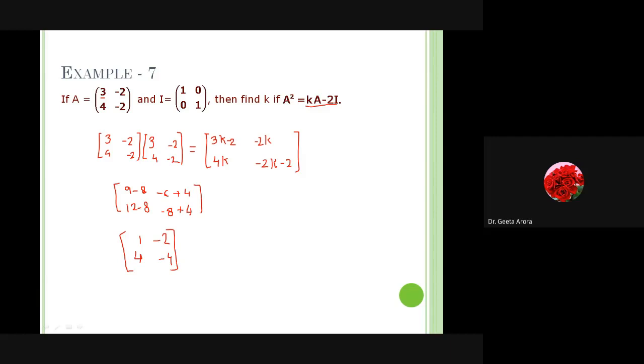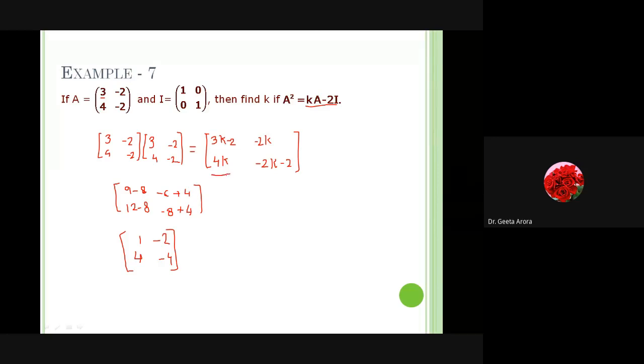Now, just compare the values on the two sides, right hand and the left hand side. You can compare with the simplest thing. It's not so that we have to compare all the values lying on the right and left hand side. You just have to observe. Okay, let me do it. Sumit, you are correct. The value of k is 1. We can see just by comparing one of the elements.